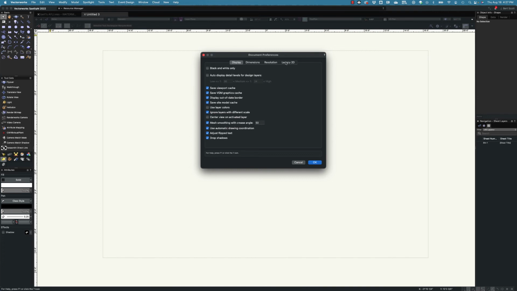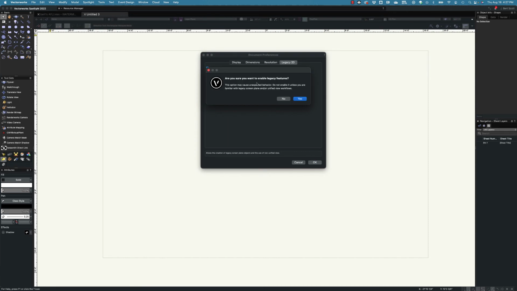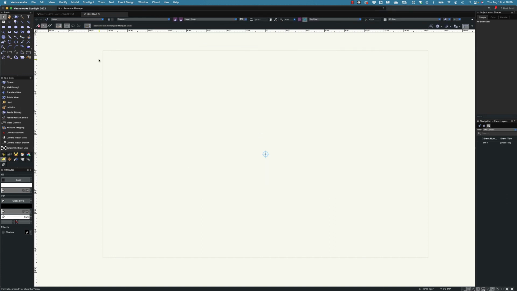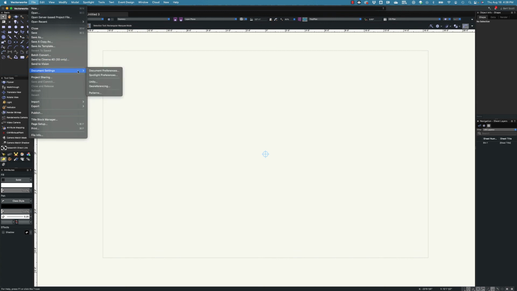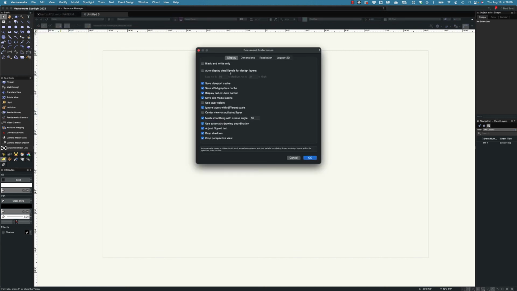But at any rate, if you go to the last tab, Legacy 2D, and enable Legacy 2D features, and yes, I'm sure, and then just leave it set to its default, working plane only, which in the newer version screen plane does not exist anymore, so it's allowing, but we're not turning it on for that reason. We're turning it on for this reason, because now if I go to document settings, display, now I have the option to use cropped perspective, which is quite useful. So that's the major change there for 2022.